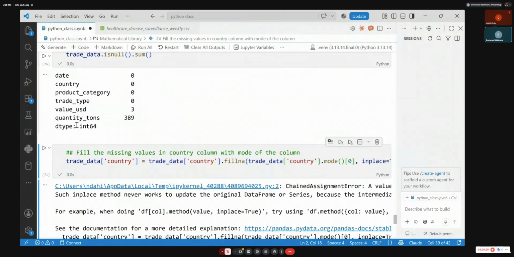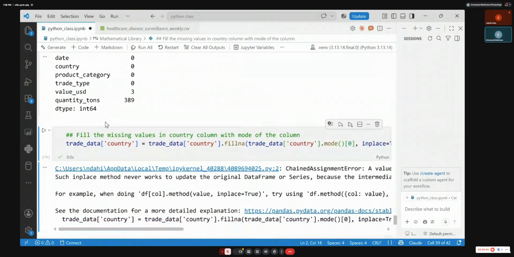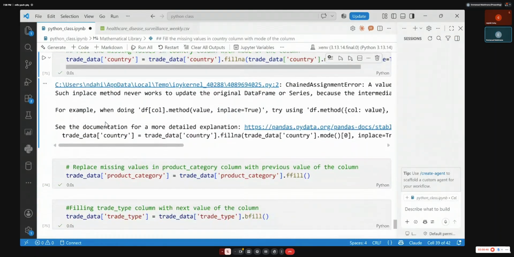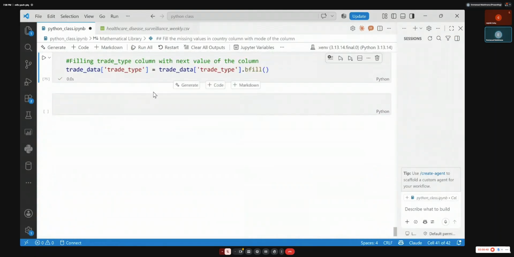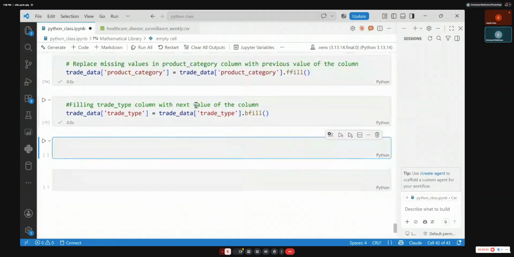We replace missing values in value USD with the mean, and then the quantity in tons with the median. We have explained the difference between average and median: when you have outliers, you clean with the median.